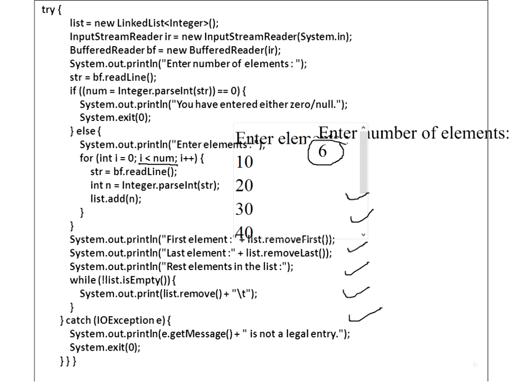Because initially we are starting from 0. So the index of this number is 0, okay? 1, 2, 3, 4, and this is 5. So 0 to 5, that means 6. And 5 is less than 6, num. So the user will enter 6 different values. Yes, 0 to 5. Total 6 values. Okay. Now next is